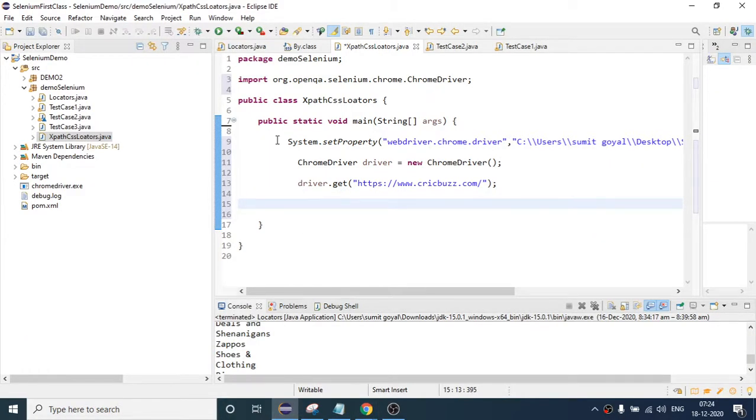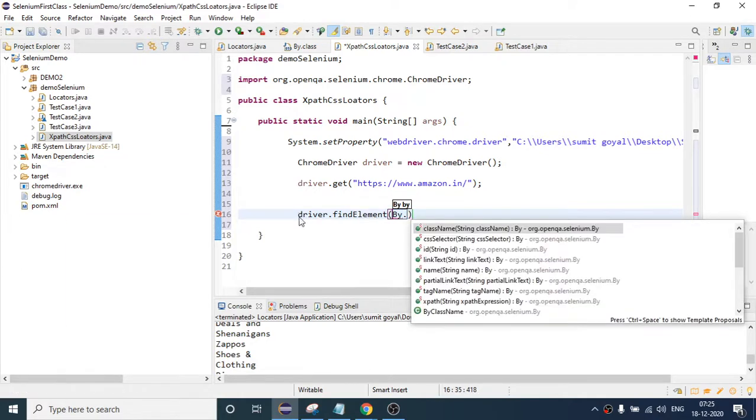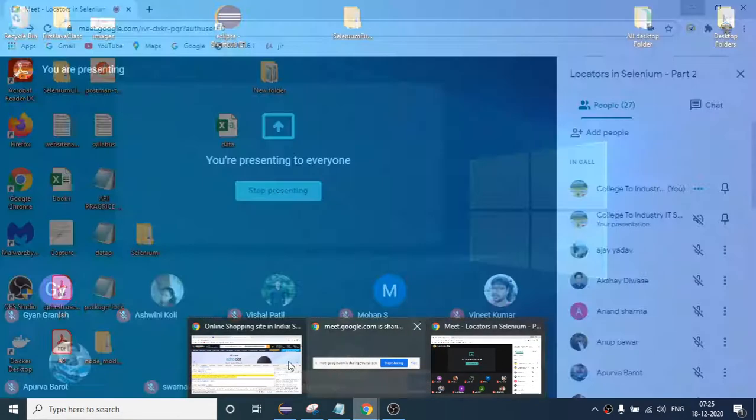It is very simple. These three lines are going to be common again. Let me first change this URL so that I can open the Amazon website. Then I will say driver dot findElement, our text box, but this time I want to find the text box with the help of By dot XPath. So this is our XPath, and I provide the XPath here which we have created.